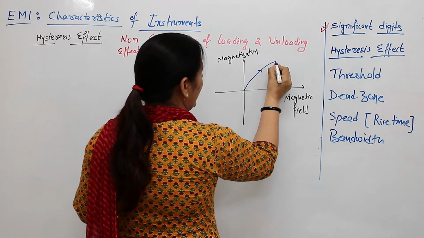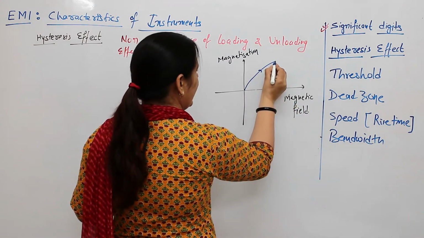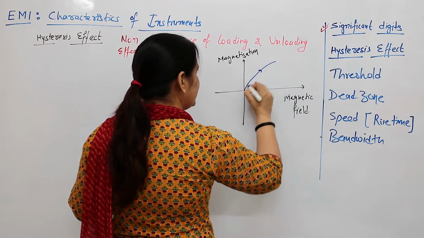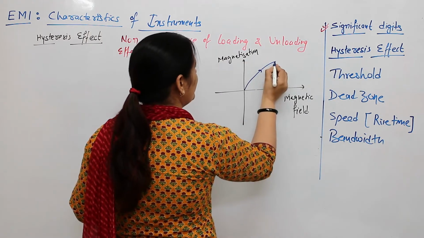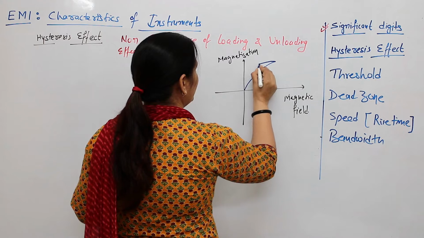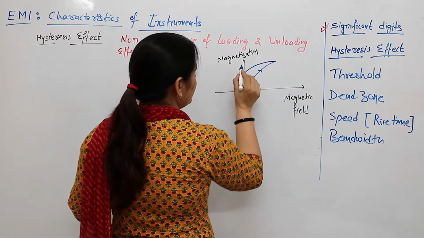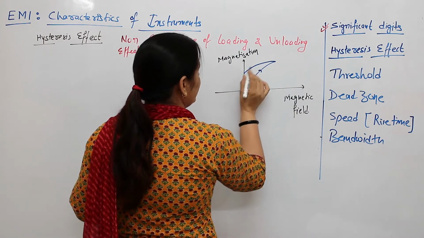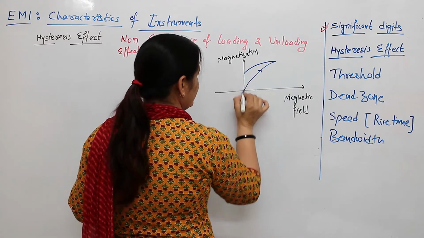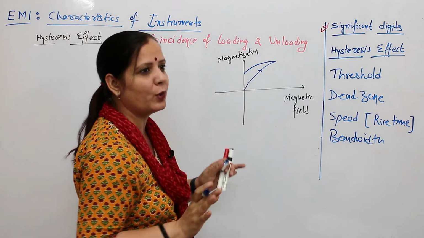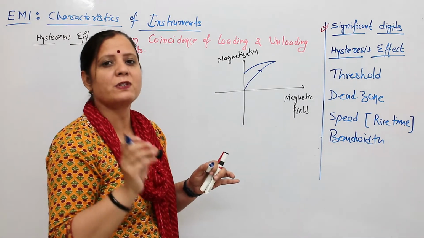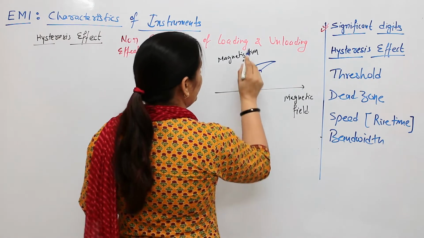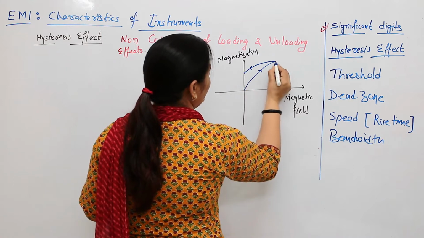Now after a while you start to remove the magnetic field, and as you start to decrease the applied magnetic field, magnetization does not follow the same path. Demagnetization does not follow the same path, and it comes like that. And at the origin, when the applied magnetic field is zero, there is not zero magnetization. There is some magnetic property that still remains in the material, because some magnetic dipoles are aligned and they have some magnetization, and you don't have zero magnetic properties now in a ferromagnetic material. So this is the loading curve and this is the unloading curve.